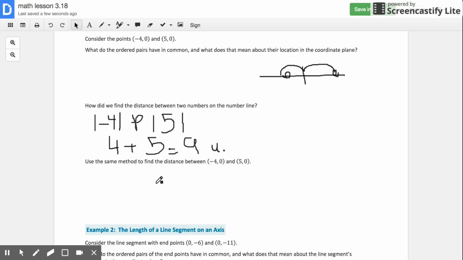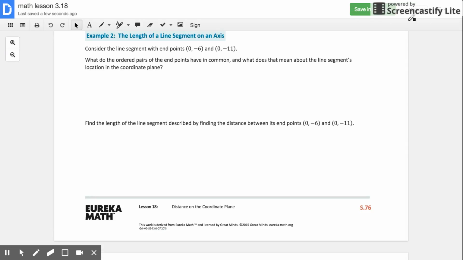So use the same method to find the distance between -4. Oh, I'm sorry. It's asking us to do this addition down here. So we would first draw the number line and mark out all the points. And then we could use the same method. I don't know why it says use the same method. Okay, for this one, we need to find,